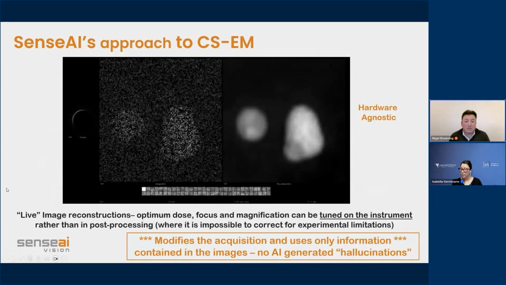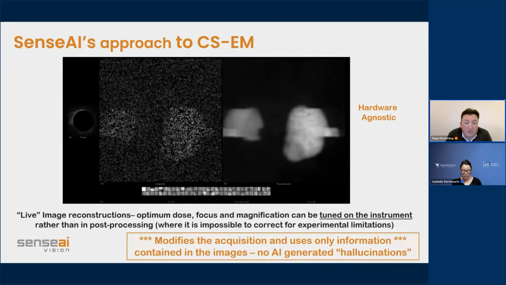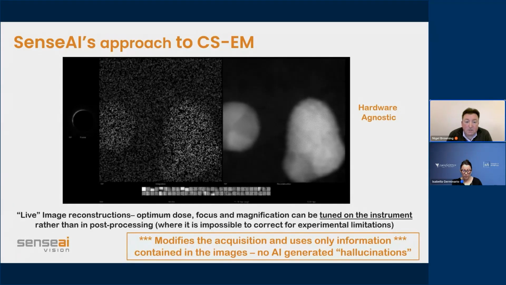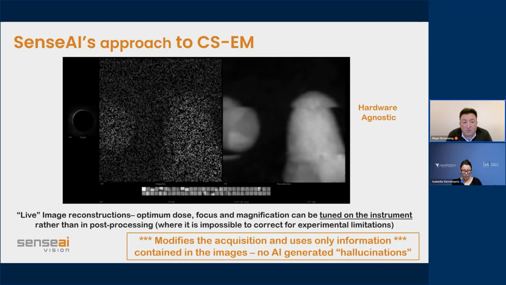So here is just an example of the live reconstruction. These are gold nanoparticles. This is an experiment done with a QD scanning system and Merlin camera on a microscope at the RFI. On the left-hand side, there are the 4D STEM patterns. In the middle, you can see the subsampled acquisition. At the bottom is the reconstruction matrix, so a dictionary that's used to form the image. And you can see that we can get a live reconstruction of a dark field image using the 4D STEM